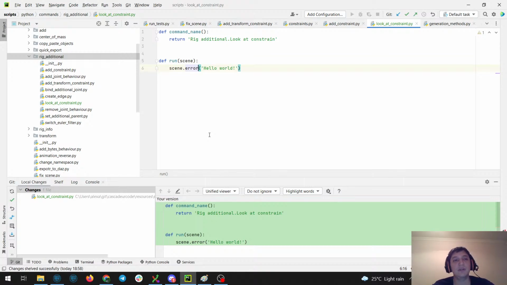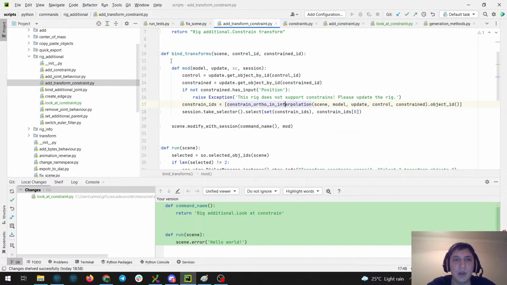It's not detailed enough, and that's why we're having the streams. But it's actually rather easier to look at how we've done similar stuff, especially because it's not always that trivial how we do it. Okay, so let's open this add transform constraint